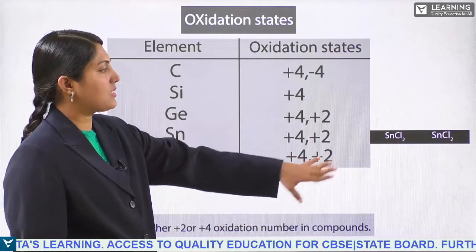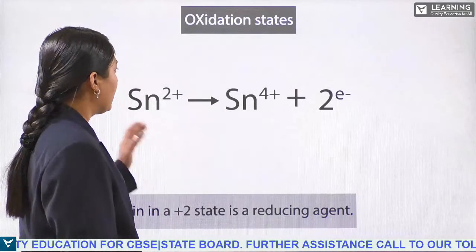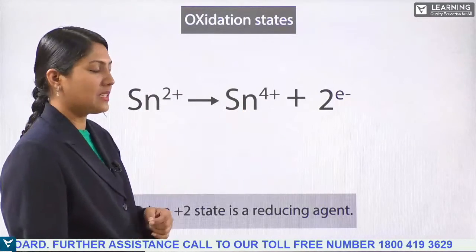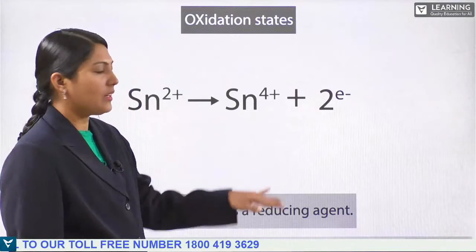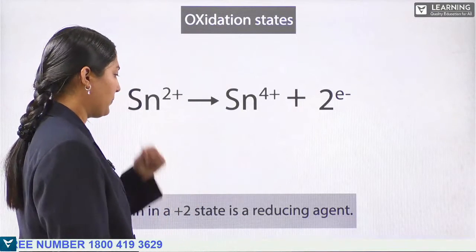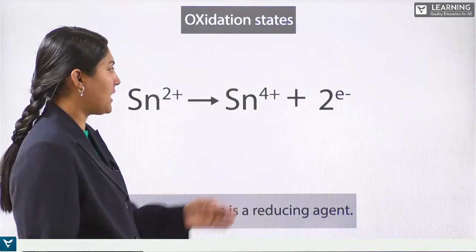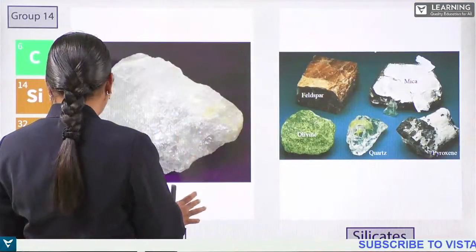So you can have SnCl2 and PbCl2. You can have this SnCl2 giving electrons and forming Sn +4 also. So Sn +2 can be oxidized to +4. So we can say it is a good reducing agent. It has been oxidized. As we know, the increase in oxidation state takes place